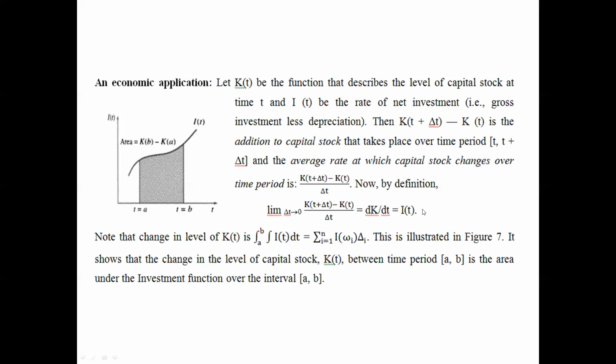So if you are given a change in capital stock and we are given two time periods A and B, you can see over here two time periods, one is A, the other is B. The area under the curve will be investment, and this is simply equal to the height of the different omegas into delta I. So the shaded area is the net investment or increase in capital stock between the two periods.